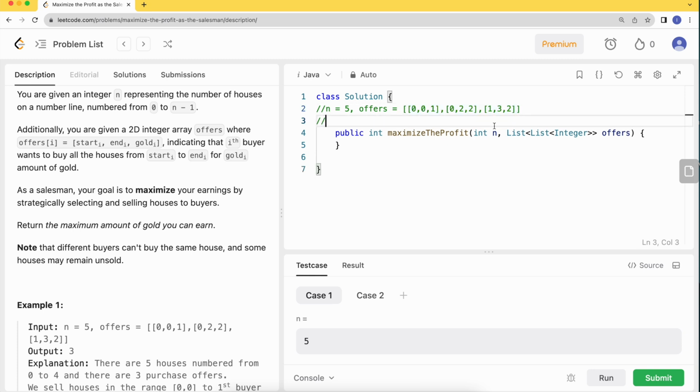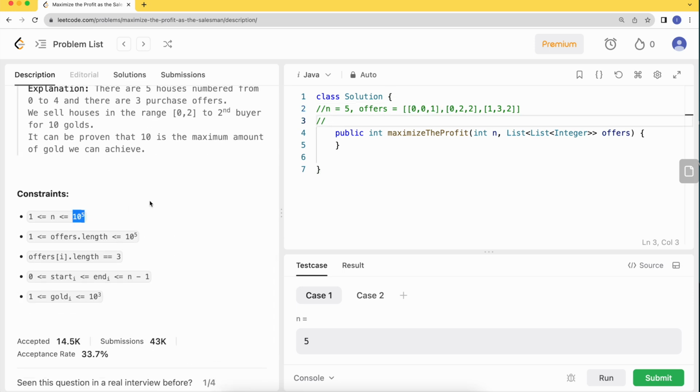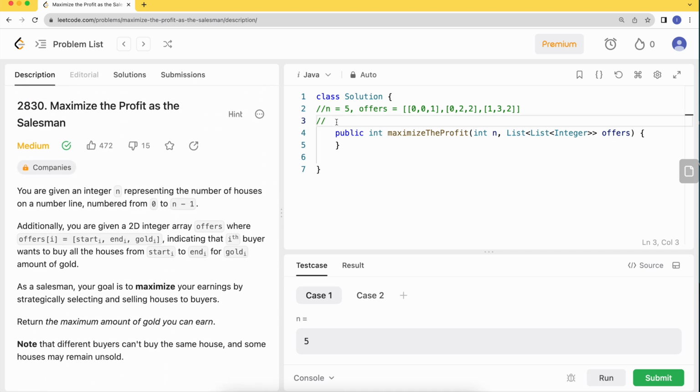So that will be one approach, where we find the mutually exclusive offer sets. We can add them up, and out of those additions, we can get the maximum overall. But this will end up asking, can I take this offer, can I club it with this one? So it's exponential, 2 raised to the power n, which might not do well with the size of the test cases. So we need to come up with a better approach. So what we can do